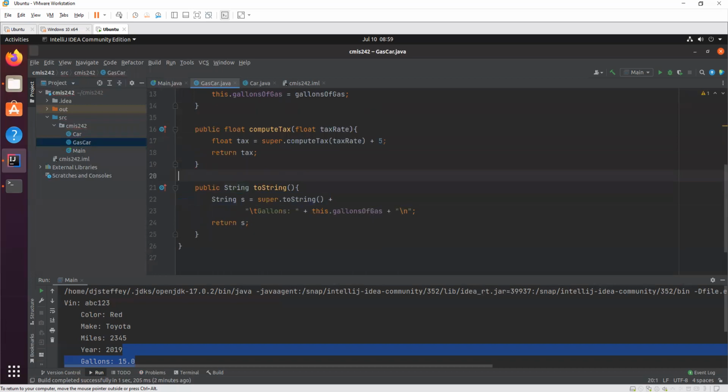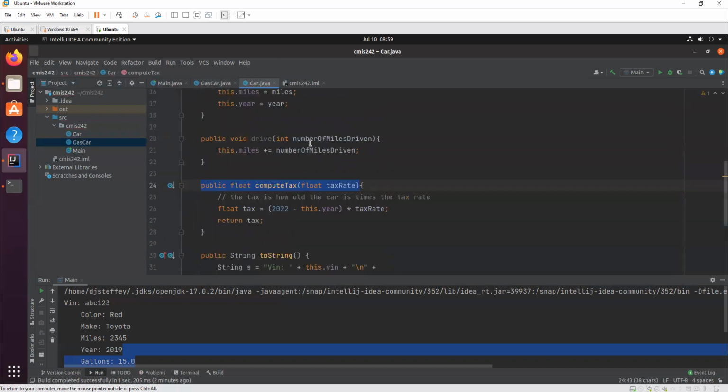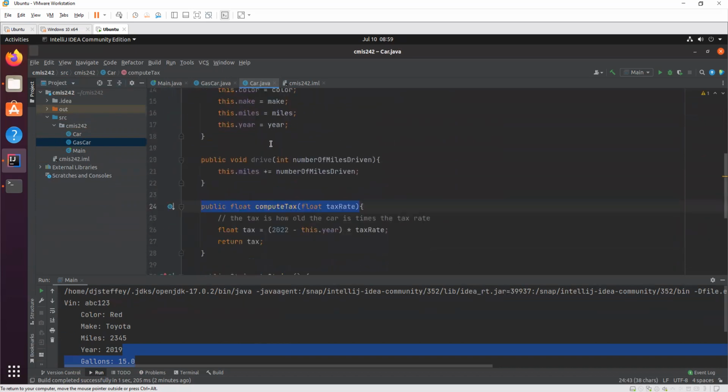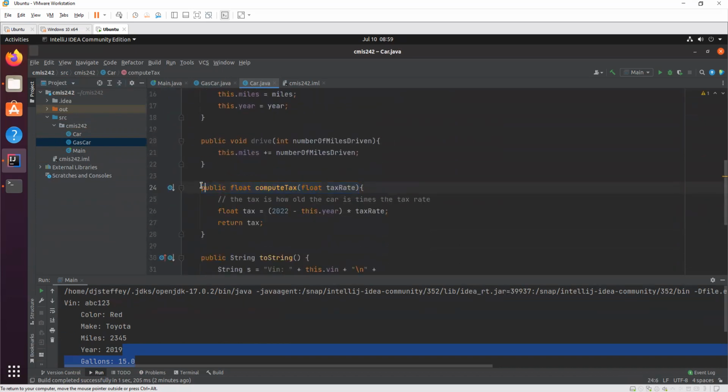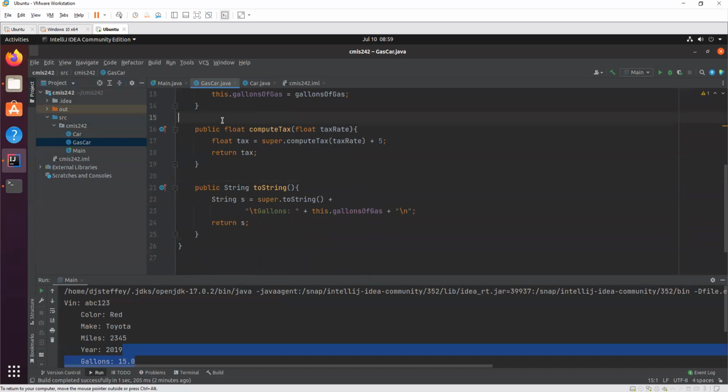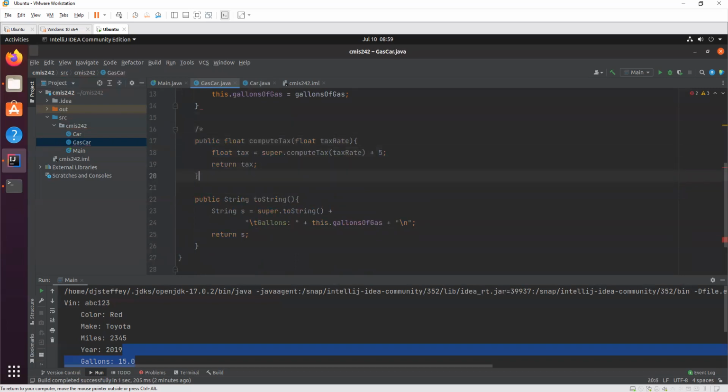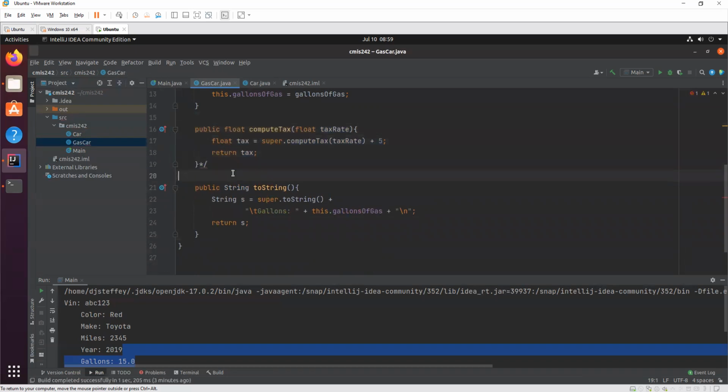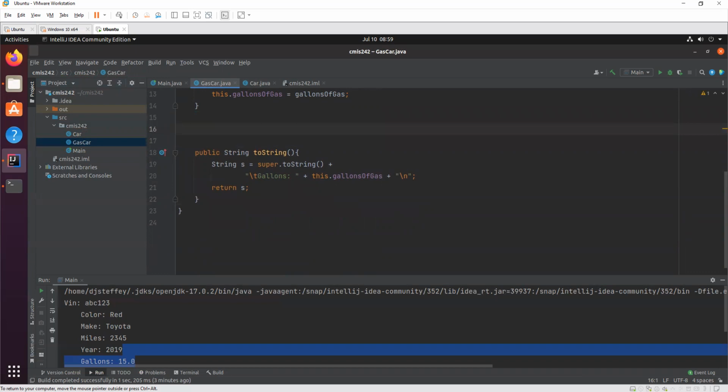So what happened here? Again, we have this car class. It has a method to compute the tax. It does some kind of formula and it returns the tax. So if I do not have this, that just makes a comment. That just makes it like the code doesn't exist. Let me just delete it so it's explicit, more clear for you. So if I don't have that at all,